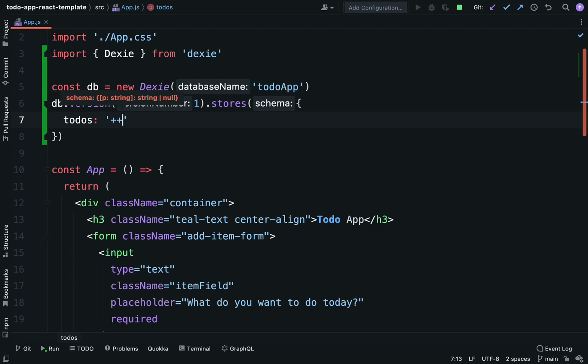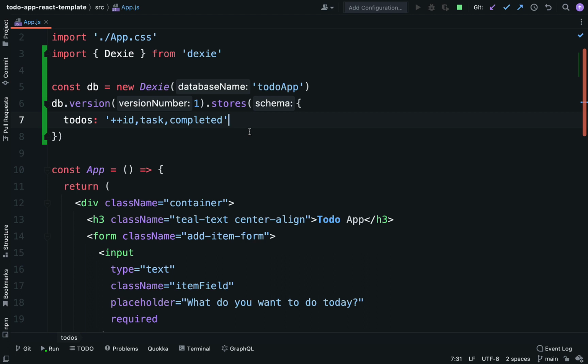Remember, I want to add to-do items, and this is the structure of our database. I showed you a bit of this in the complete code base before. So we have ID, and then we have task. We're going to separate each of these fields with a comma. So ID, task, and completed, the completed status. Now we're using ++ for ID. This is for auto incrementing with Dexie and IndexedDB, so that we don't need to specify our ID when adding data to a database. When adding to-do items, we're just going to get auto incremented IDs for our database object